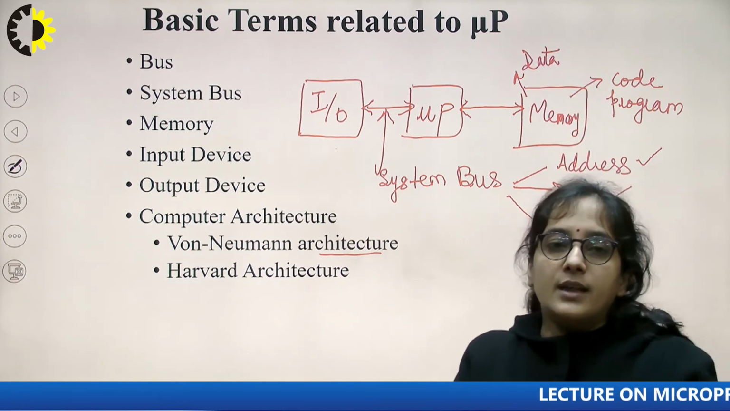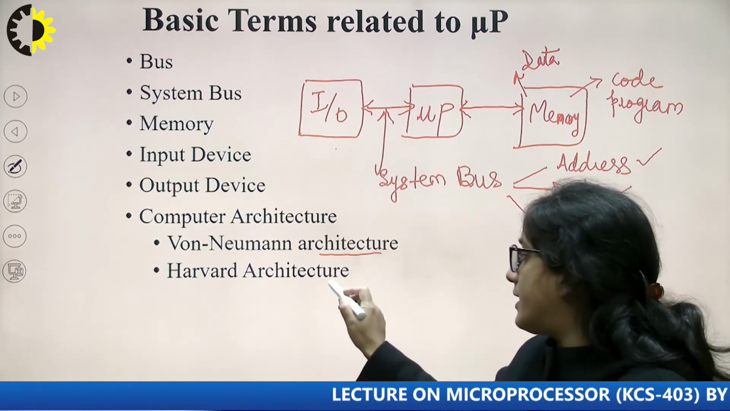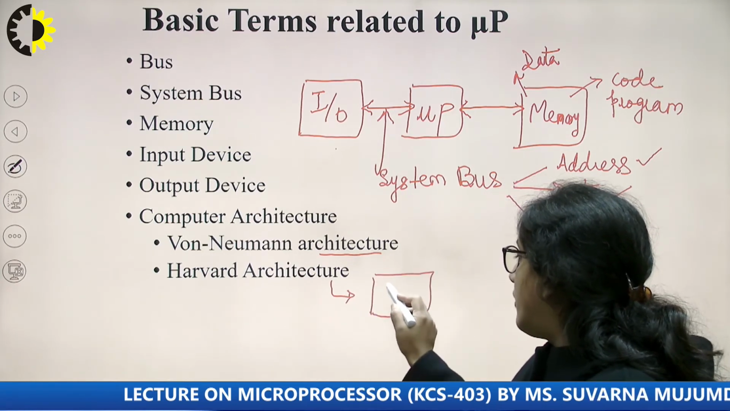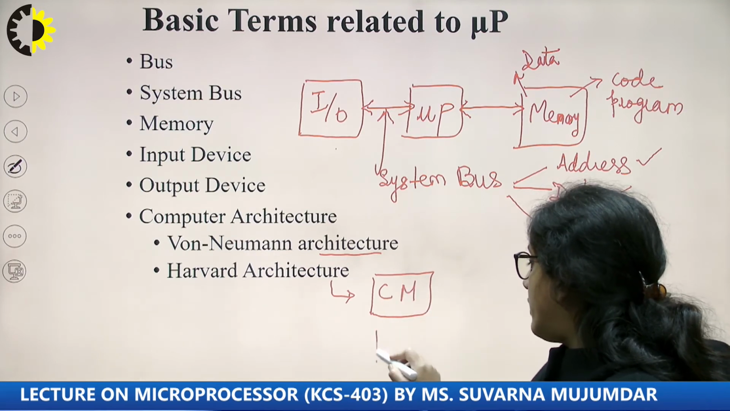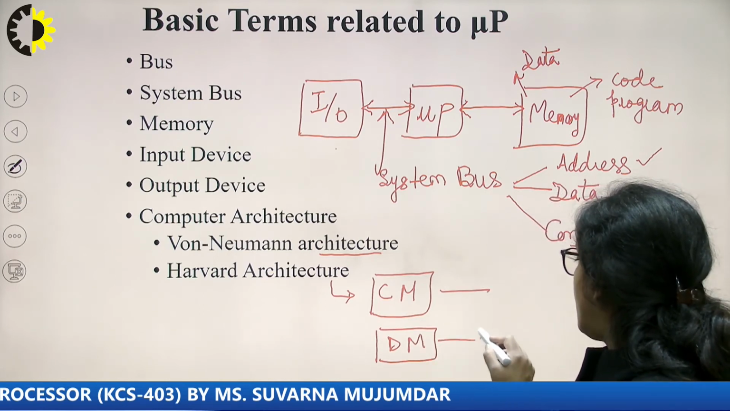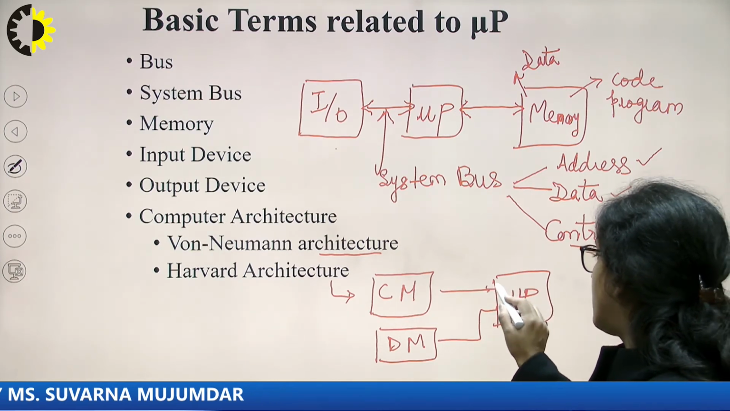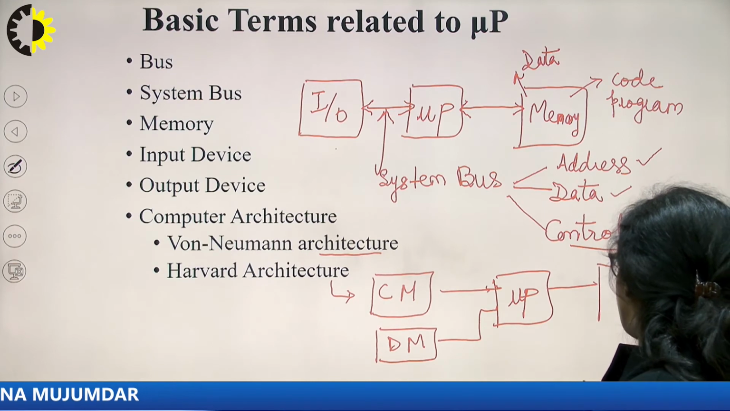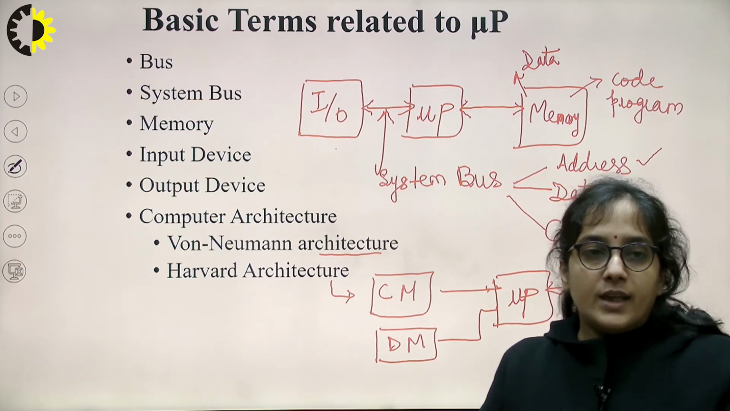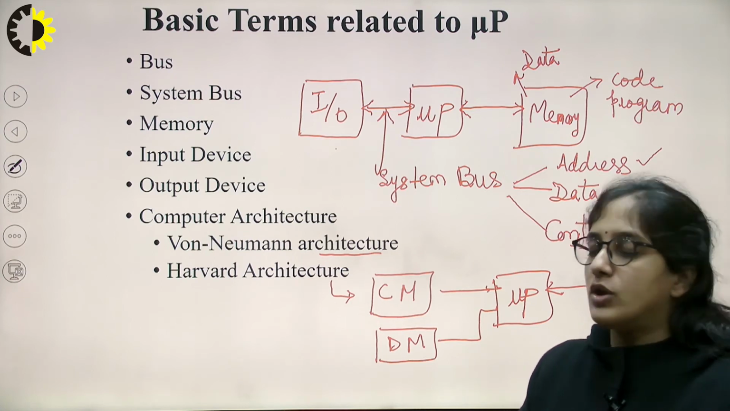Okay. So, that architecture is known as Von-Neumann architecture, and in the case of Harvard architecture we use separate memory, one as a code memory and one as a data memory, to communicate with the microprocessor, and then the microprocessor is connected to input output devices. So, in Harvard architecture we are using separate memory, one for code storage, one for data storage,